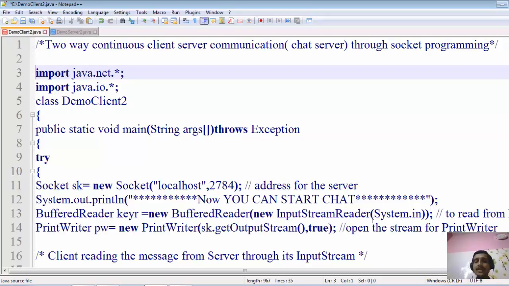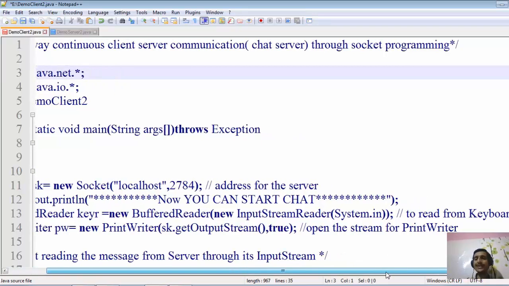If I am the client, I will type from my keyboard, for example, hello server, how are you, or anything that I want. This operation must be done with the help of the keyboard, so that's why I have passed System.in inside the InputStreamReader, to read from the keyboard.